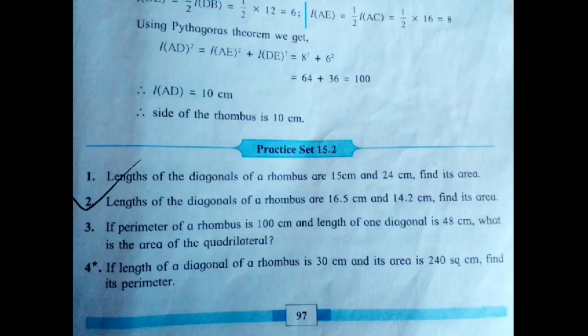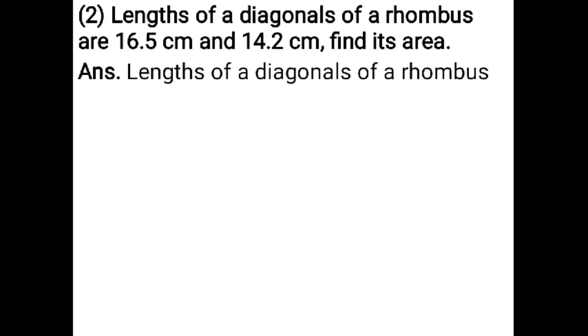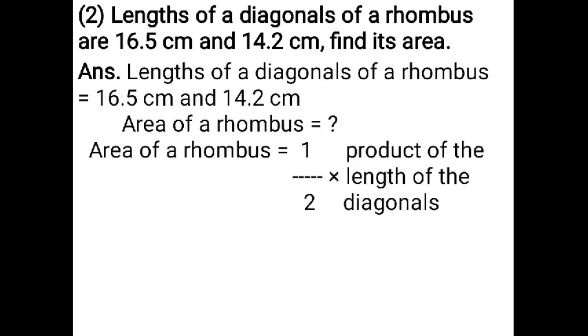Lengths of the diagonals of a rhombus are 16.5 centimeter and 14.2 centimeter. Find its area. Second sum you have to do same like the first one, how I taught. You have to find area of a rhombus. The formula of area of a rhombus is half into product of the length of the diagonals, that is equal to half into